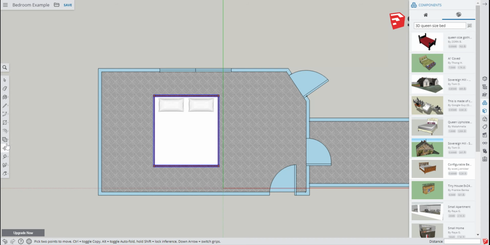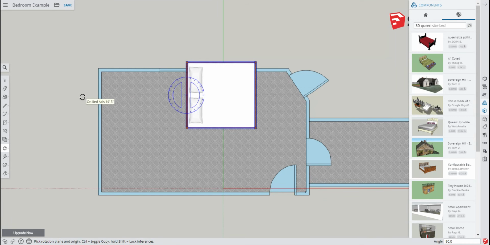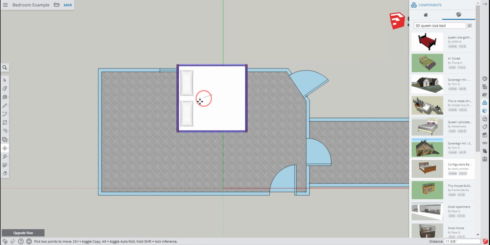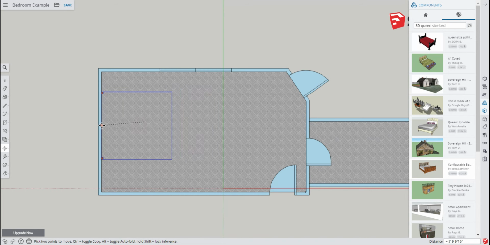Now I'm going to go over here to move and rotate. So we're going to click a spot here, the midpoint. Again, you have to click somewhere to start, then a second click, and then I will turn it 90 degrees. There it is. And then I'm going to go back to the move tool. Oops, that was my fault. I should have grabbed it by the midpoint. Let's change that. There's the midpoint, and find a